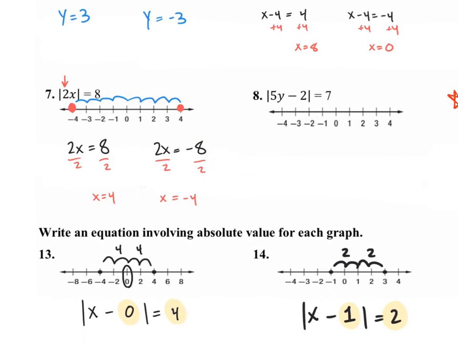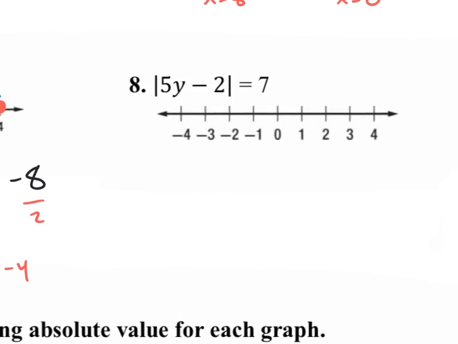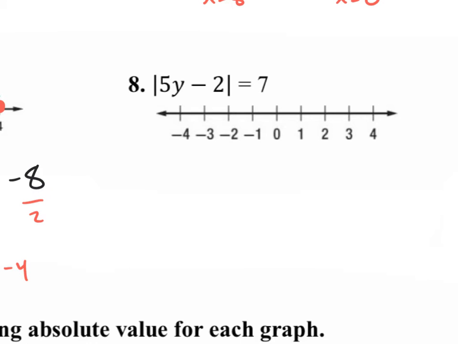And the concept gets even more mixed up when we have like a 5 with the y and then also a number, because this -2 is not going to make our center point a positive 2 because of that number out front. That formula that I gave you down low is for the most basic type of absolute values. But to solve this one,